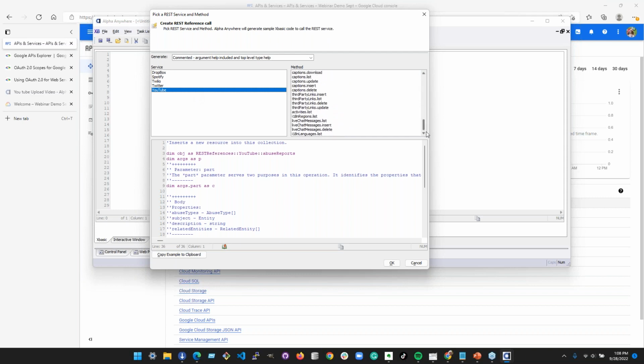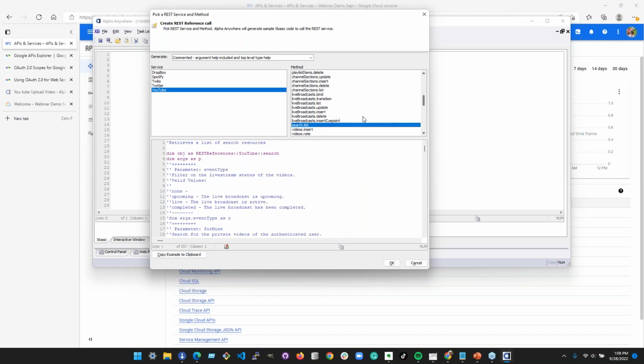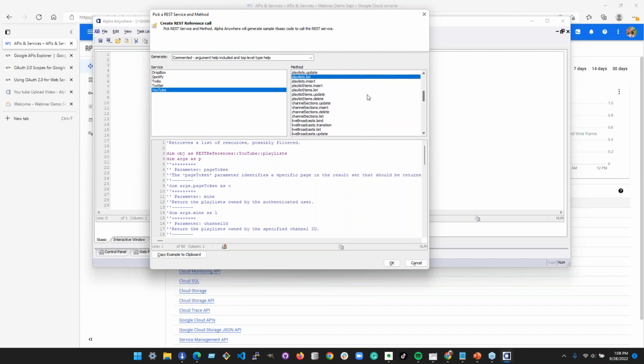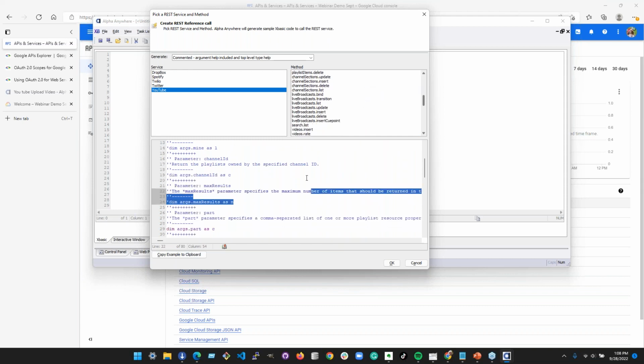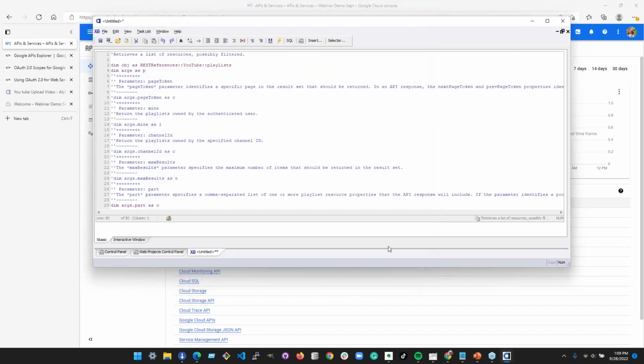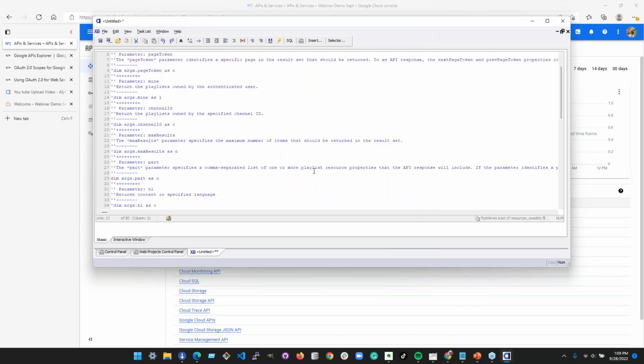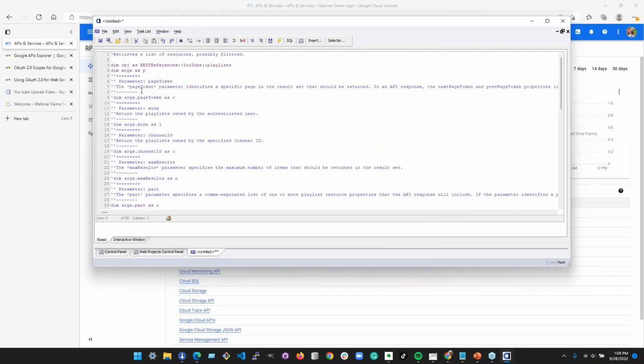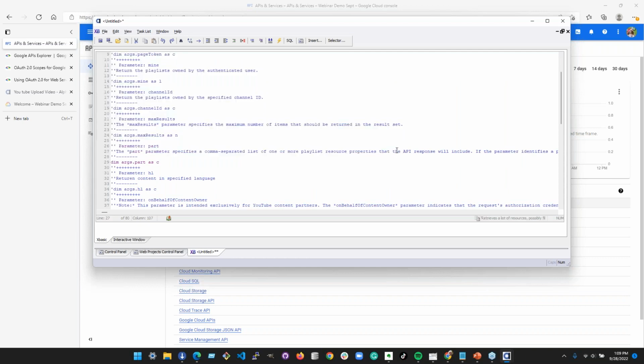these are all the endpoints that I can call in here. I could search the videos. I could get a list of everything that's in my playlist. And it comes with all these helpful comments that are pulled down from the API itself, provided by Google. And I'm going to pick on just playlist here. We'll copy example to clipboard. I'll click OK. Oh, it's just going to insert it. By default, it's going to insert all these comments and stuff describing what each parameter is that you can use.